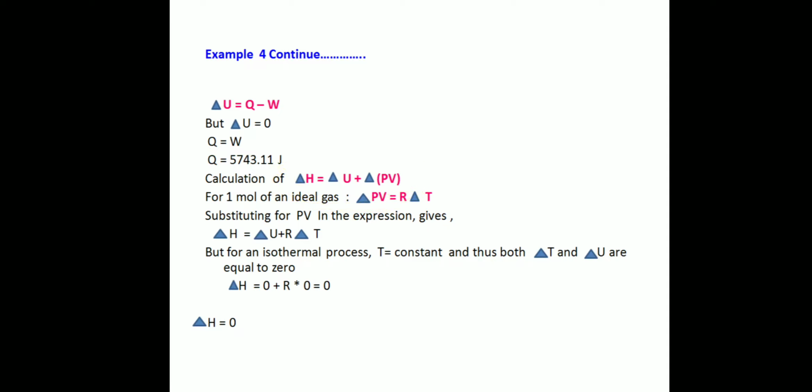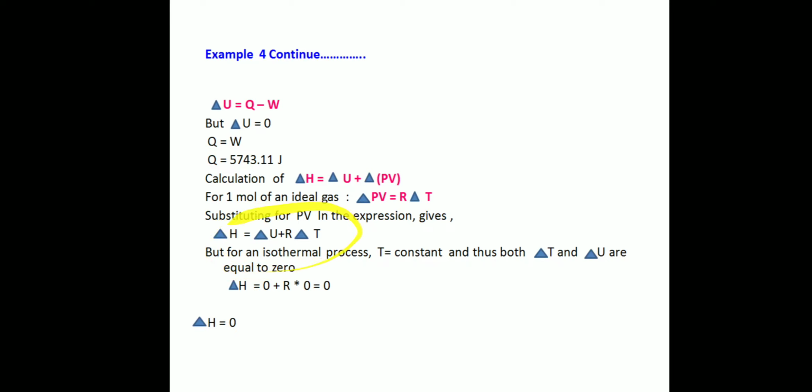Now in this equation, it is an ideal gas, so we can replace delta PV equal to R delta T for the 1 mole of an ideal gas. N equal to 1, so we can replace this delta PV as R delta T. Put this R delta T in the above equation, we get delta H equal to delta U plus R delta